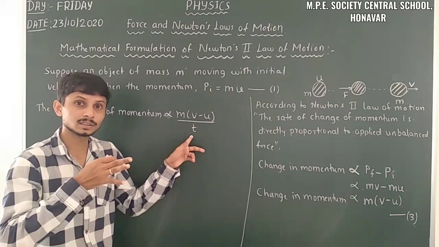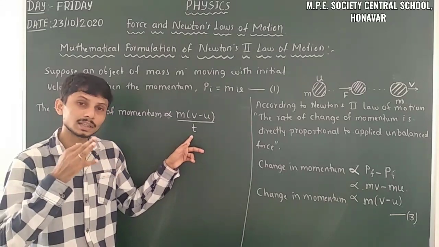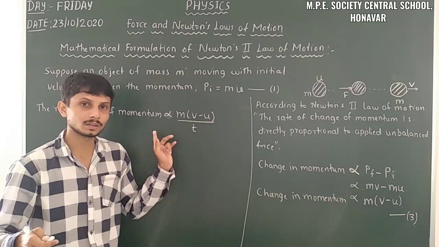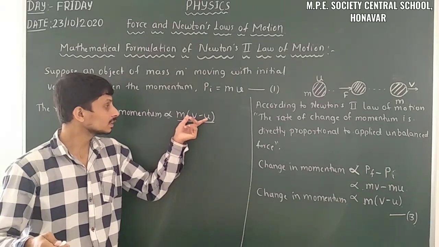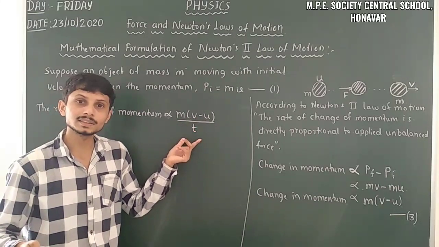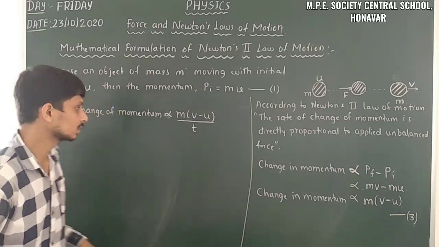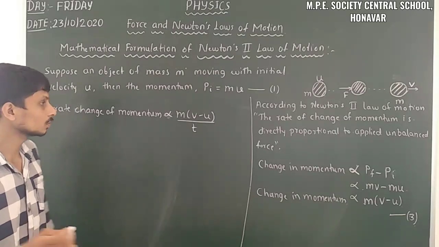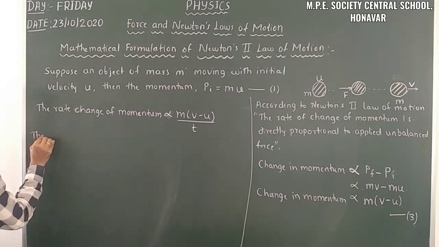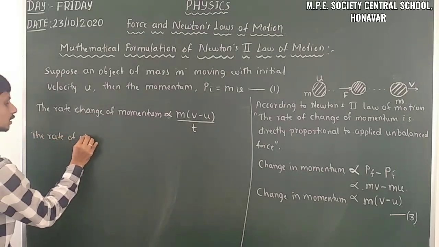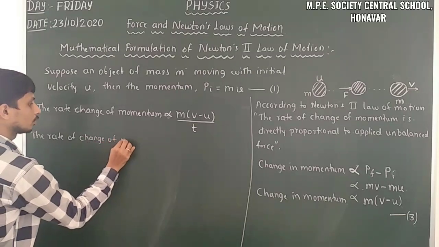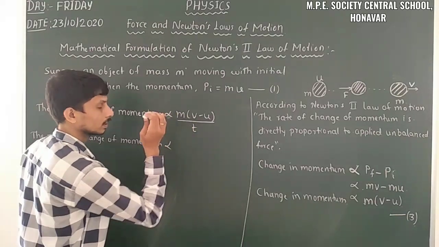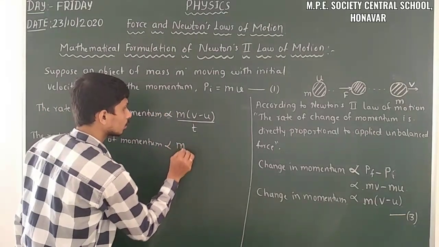In the last chapter, on motion, in the case of acceleration, the rate of change of velocity, V minus U by t, we took there. So this quantity V minus U by t, we can replace it with A, that is acceleration. So we know that A is equal to V minus U by t. So here the rate of change of momentum is directly proportional to M into